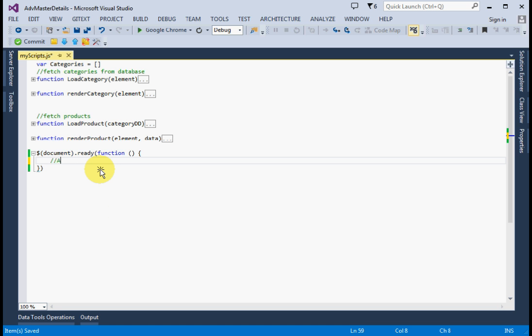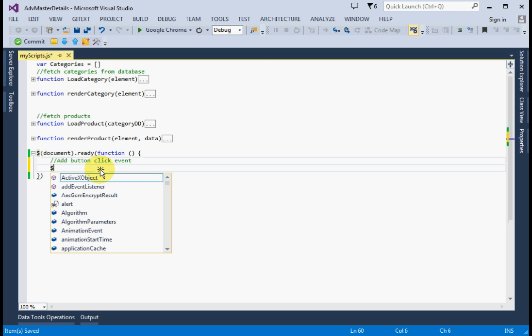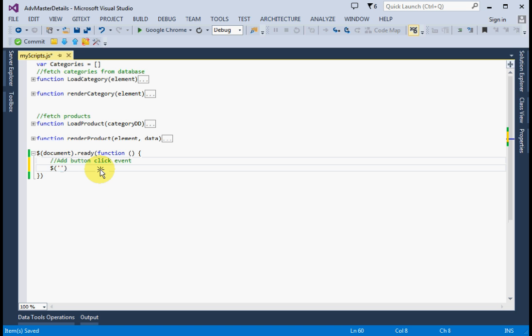So add button click event, in this method we will check order item validation first, and then if all is valid then we will add it in the order items table. So first validation,